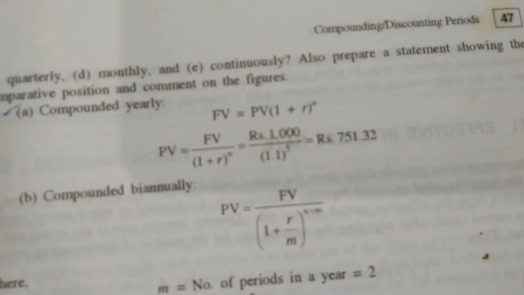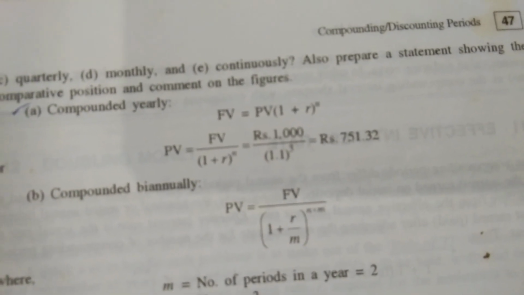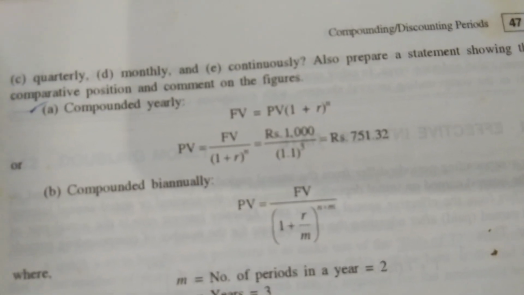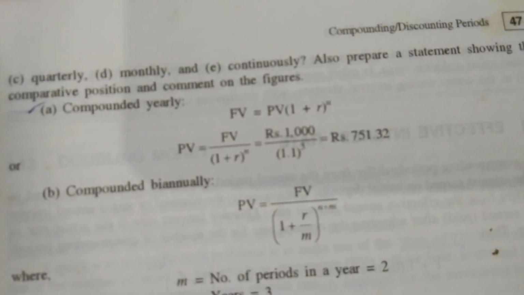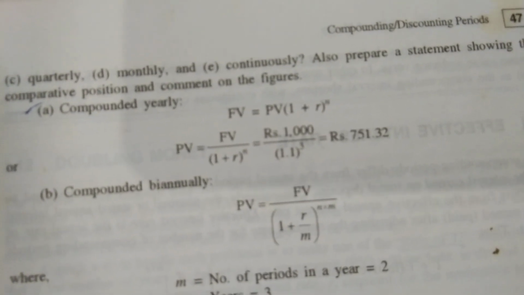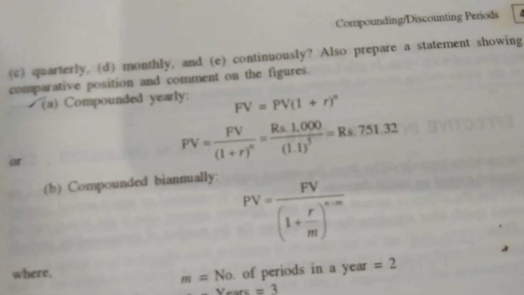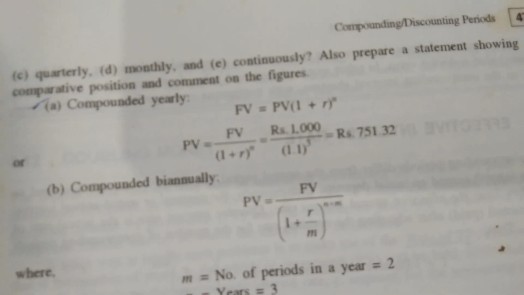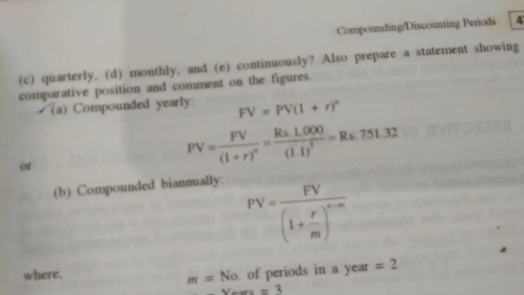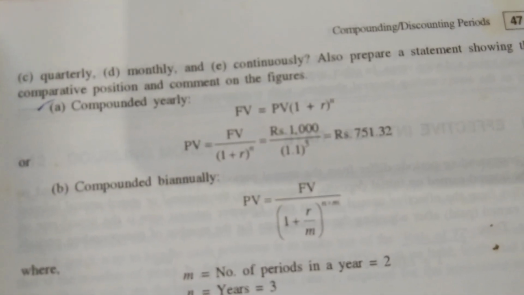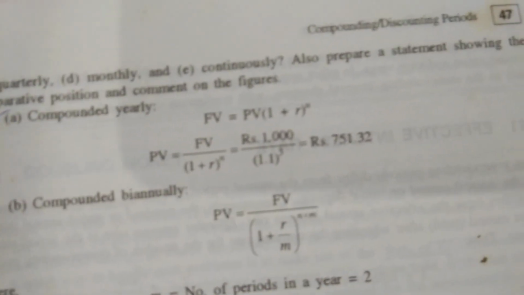Present value means, suppose I have invested rupees 1 lakh today, and after 5 years how much I will get, that will be our future value. Alternatively, suppose I tell you that I have got 5 lakhs today, that is my future value, and what I had invested earlier is our present value. And what is the formula? FV equal to PV into (1 plus R) to the power n.